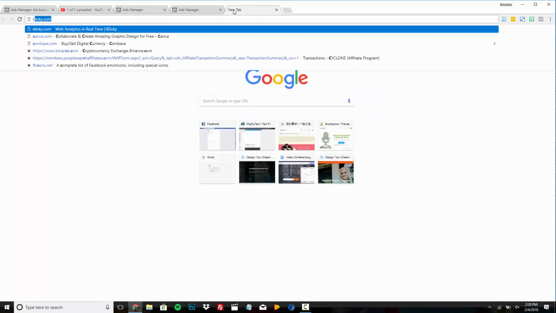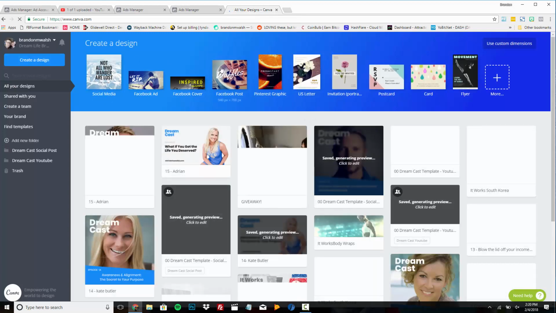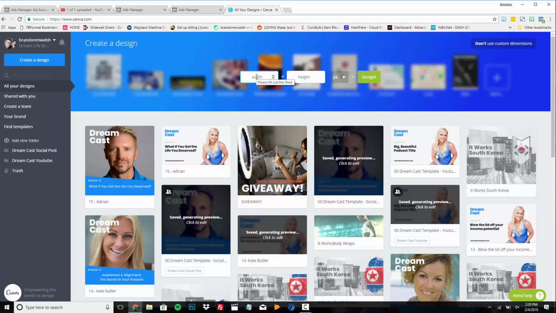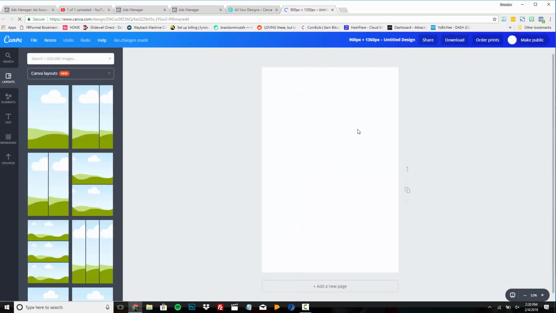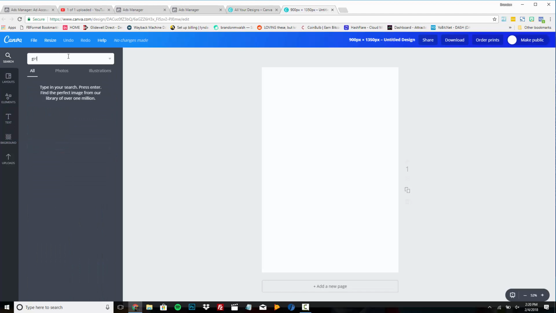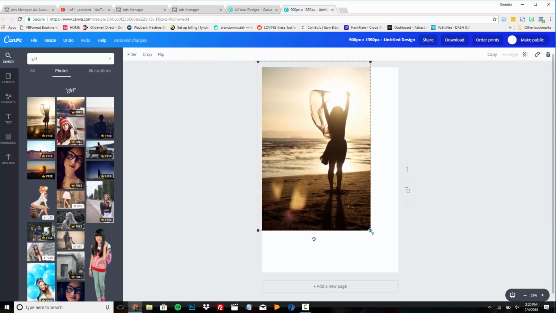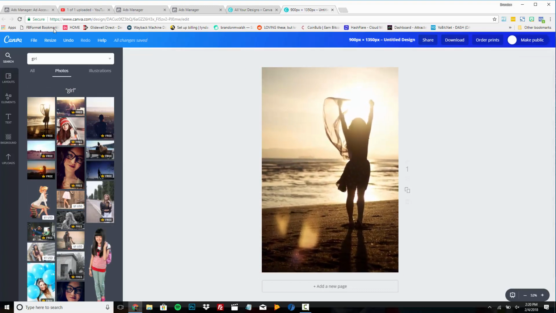Okay, so this might be a good time to show you what Canva looks like. If you've never used Canva, it's a great, simple way to edit photos quickly, easily. And what I like for custom dimensions, if you want to really make it stand out in the newsfeed, is 900 by 1350. You say design. Okay, and then you can upload a picture of yourself, which if you take a vertical picture with your phone, it's going to be very similar to those dimensions. But let's just choose any old picture for now. So there you go. And I will save that